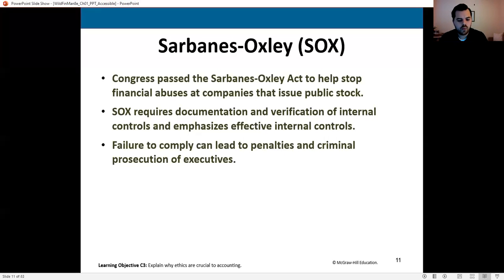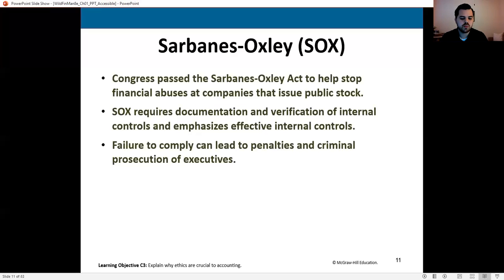So up until that point, Congress had pretty much said the accountants are always preaching to everyone on ethics, so we're going to trust the accountants to be ethical. Well, it turns out if you don't have some level of oversight, people tend to get lax in their ethics at a certain point. So Congress stepped in and passed this act.